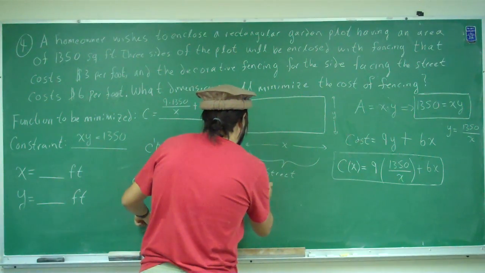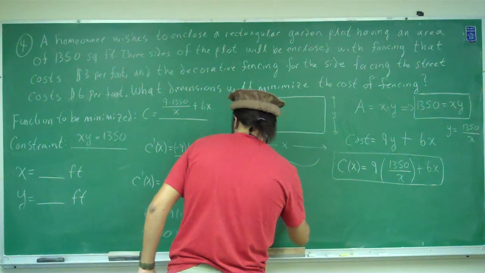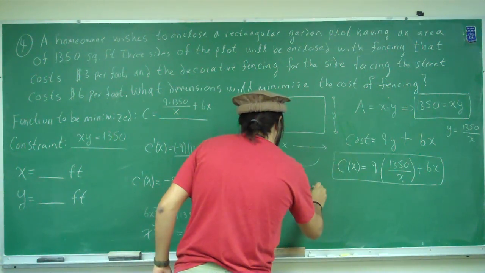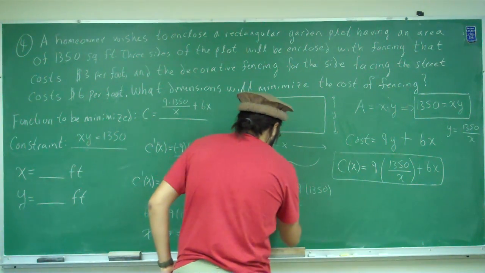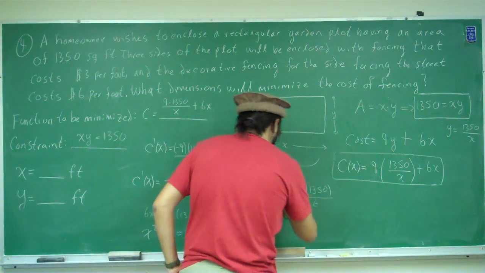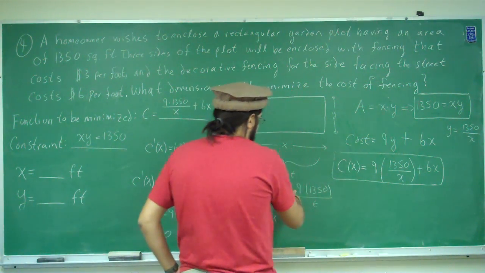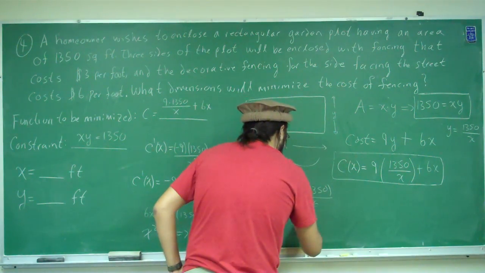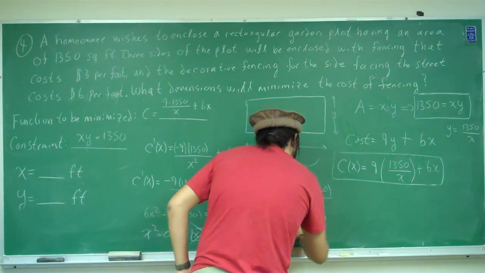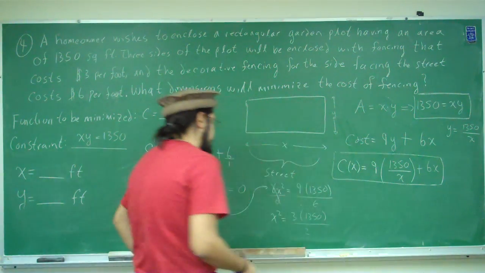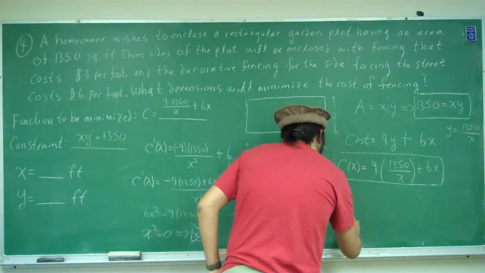So here, we do some more simplifying. And the 6x squared is equal to 9 times 1350. Okay, so divide both sides by 6. So when we do that, we get that x squared is equal to 3 times 1350 divided by 2. Okay, but 1350 is going to be 5, so I can break this down and say